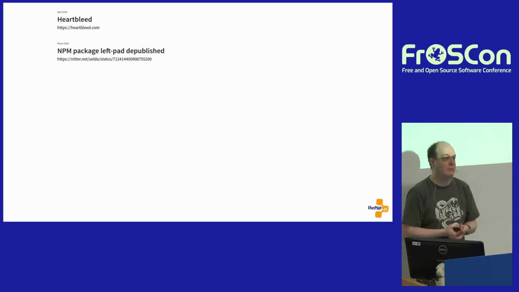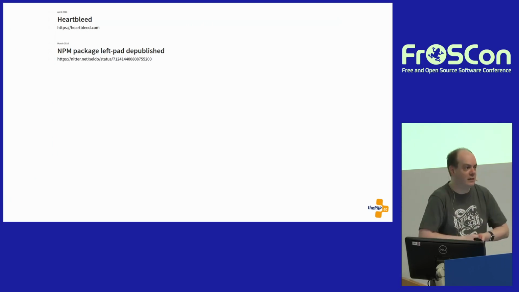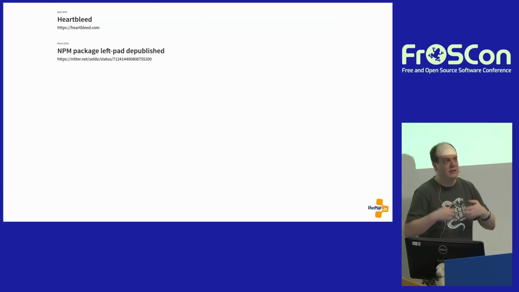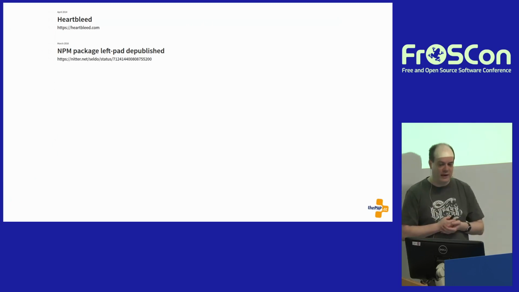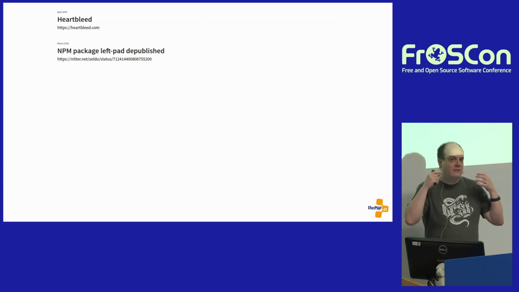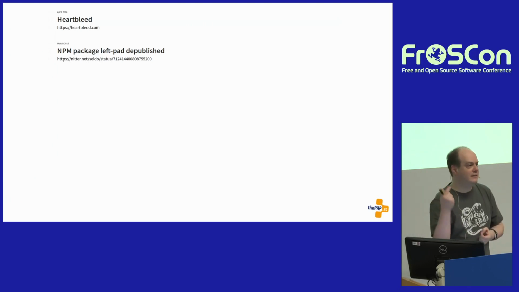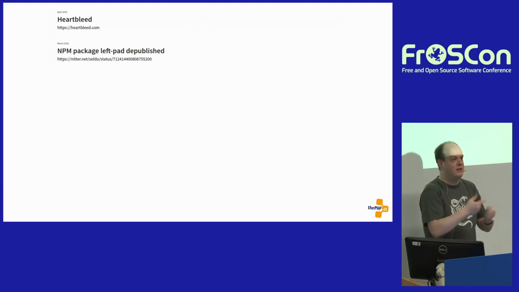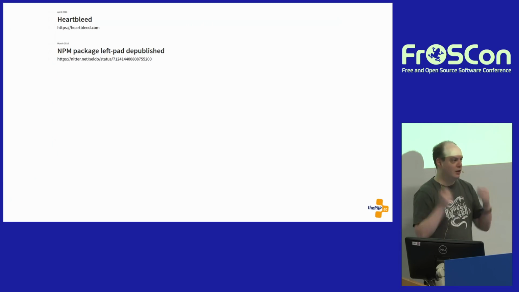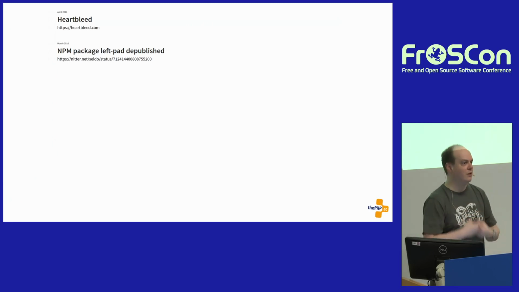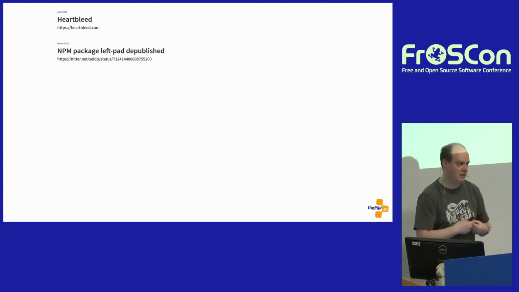PHP comes out of the box with a very good standard library. Other languages don't. So if you need something like string operations, you need to install a package for that. Okay. Different design philosophies, that's perfectly okay. But when you have a package that everyone relies on, and then suddenly the maintainer of that package gets annoyed for whatever reason and deletes the package, a lot of software around the world stops working very suddenly.